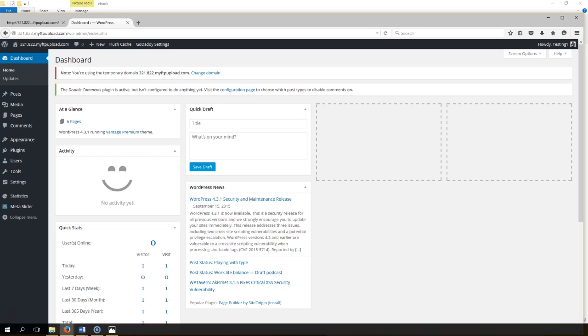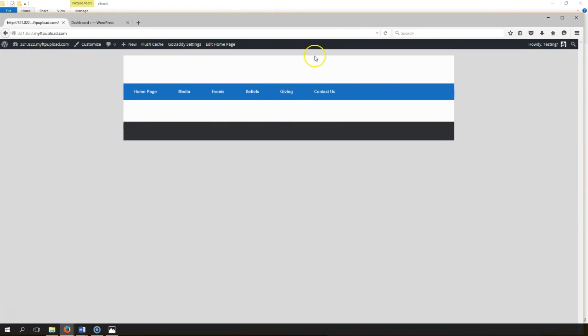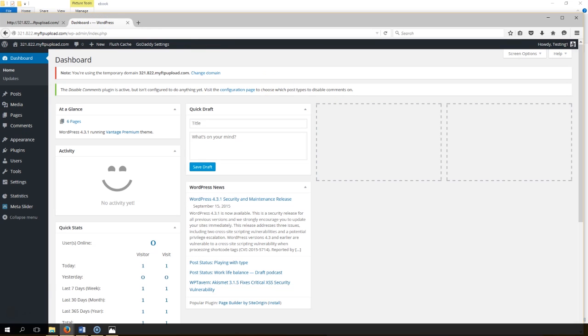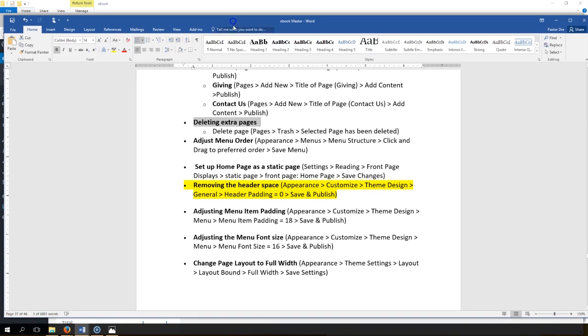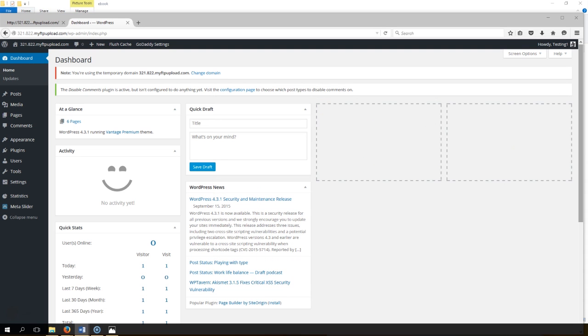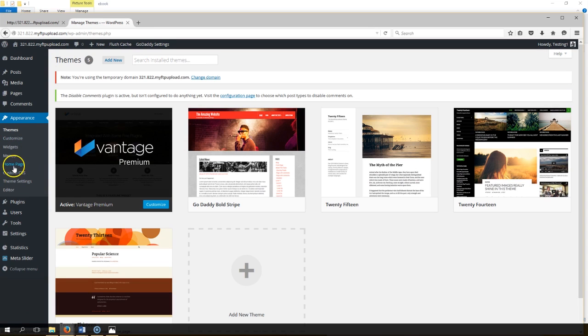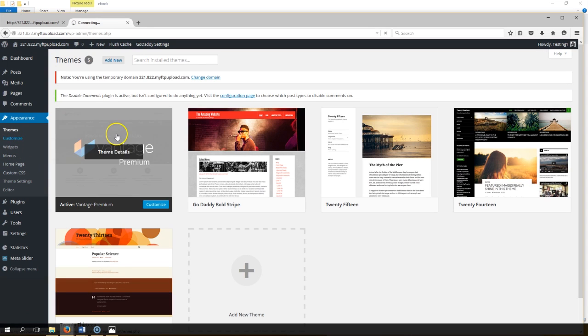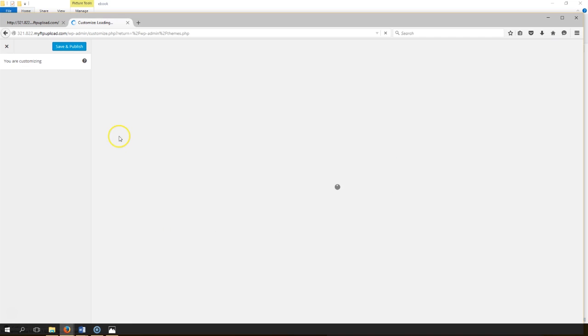Okay, the next thing we're going to do is remove the header space. If you go to our website, you can see there's a lot of space here in our header. We don't want that. So in the ebook, let me show you so you can follow along. We're doing the removing the header space. So let's go ahead and follow those instructions. It says go to Appearance, Customize, and then we go to Theme Design,